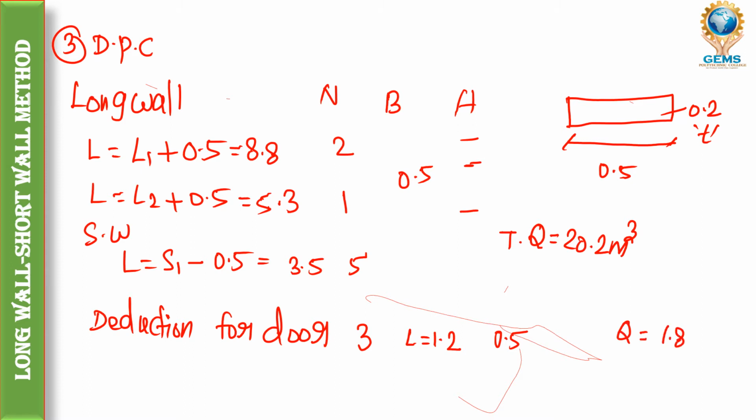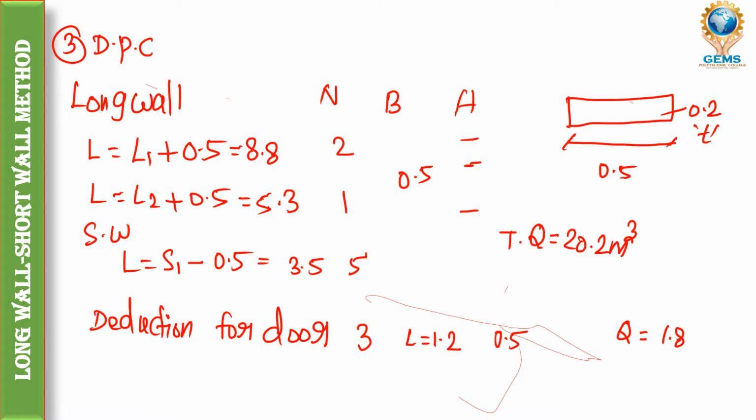That is the quantity. So what we should do is we need to subtract the total quantity minus the deduction of door value. Okay, so that quantity and that quantity, so that we will get the total quantity of DPC. We need to calculate as usual, but in case it is given as door and windows, we need to deduct the values. Okay, that is a concept.